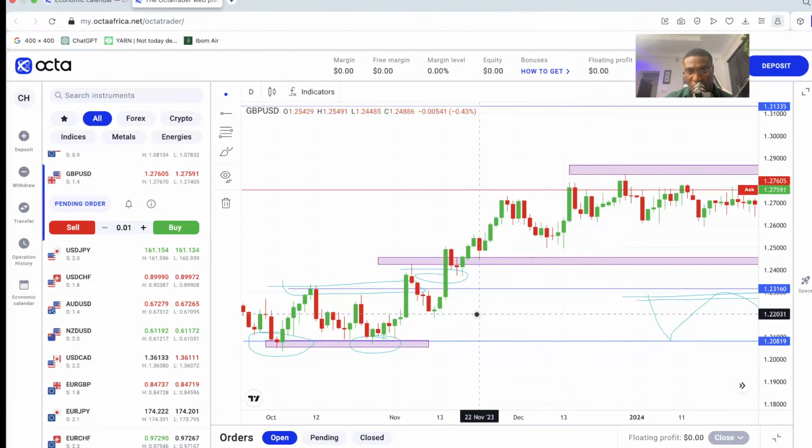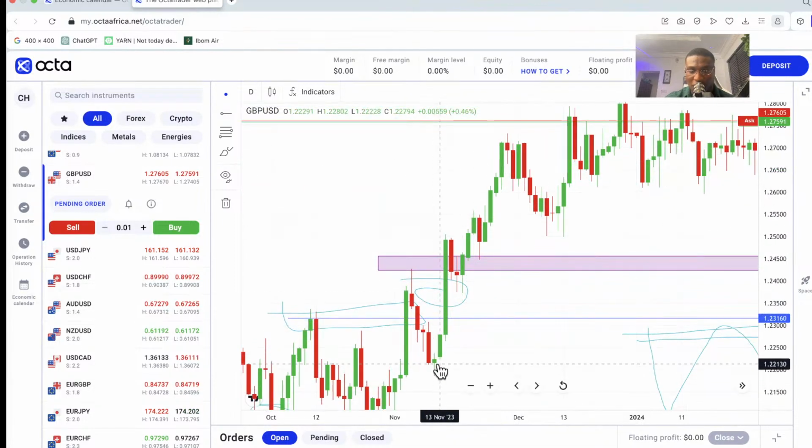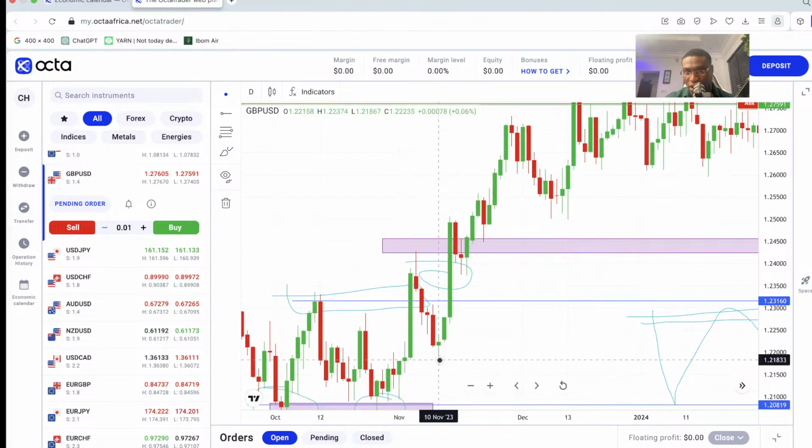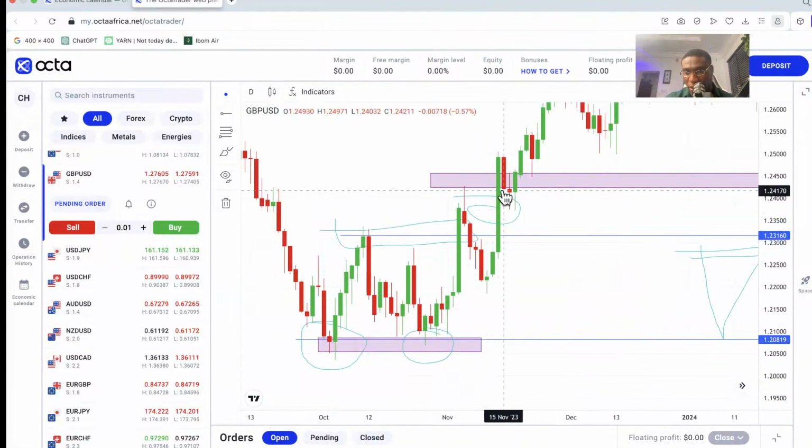Now, obviously, if I zoom in, you see that at that pullback, we had the formation of a doji candlestick, and usually doji signifies indecision. Doji usually occurs also at reversing markets. So we had pullback, indecision, and a change of momentum. Over here, we didn't see any confirmation at the retest. As a matter of fact, the only retest we had was on this neckline, which was here, but we didn't see any bounce or confirmation to go long, right? Instead, we had a break to the downside.